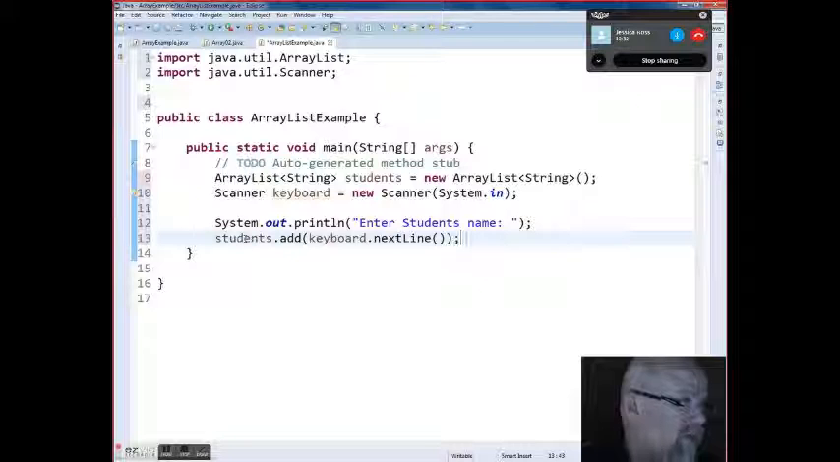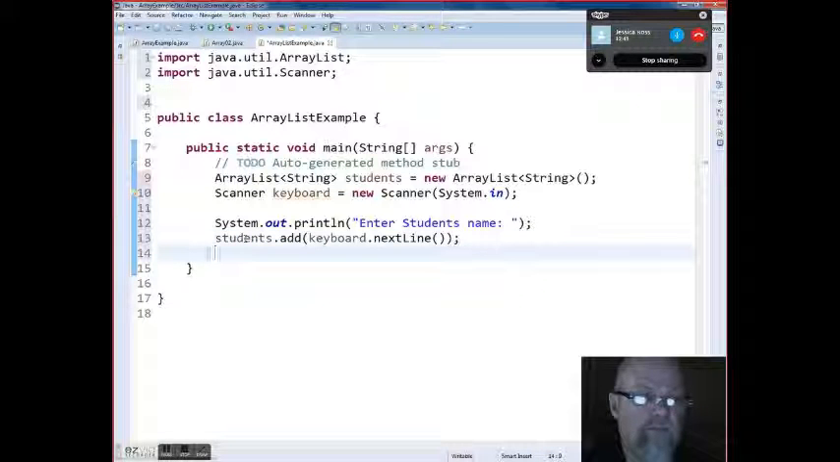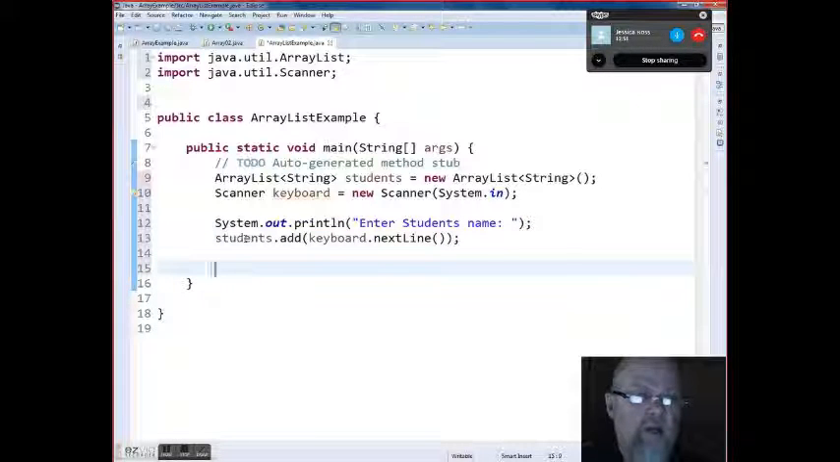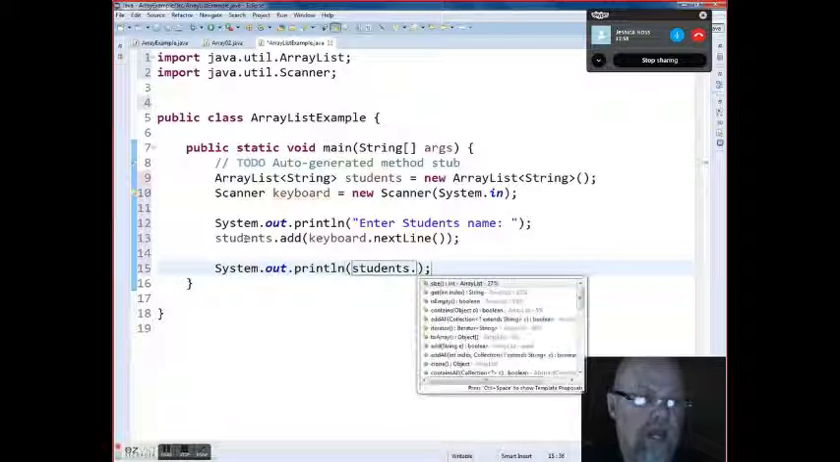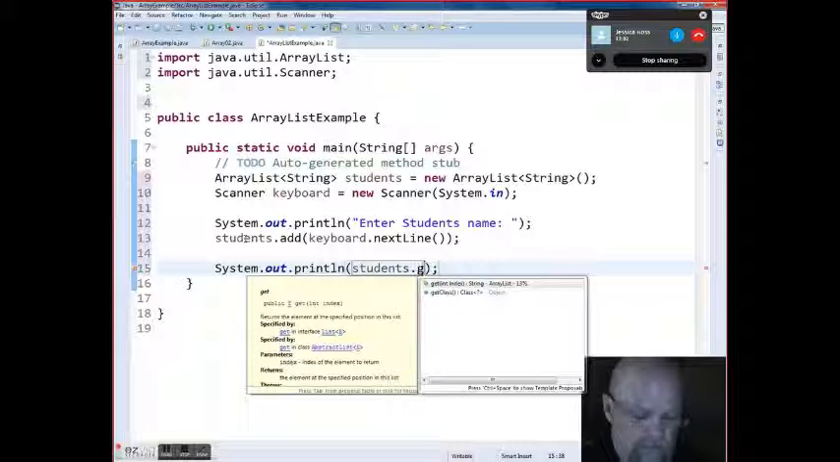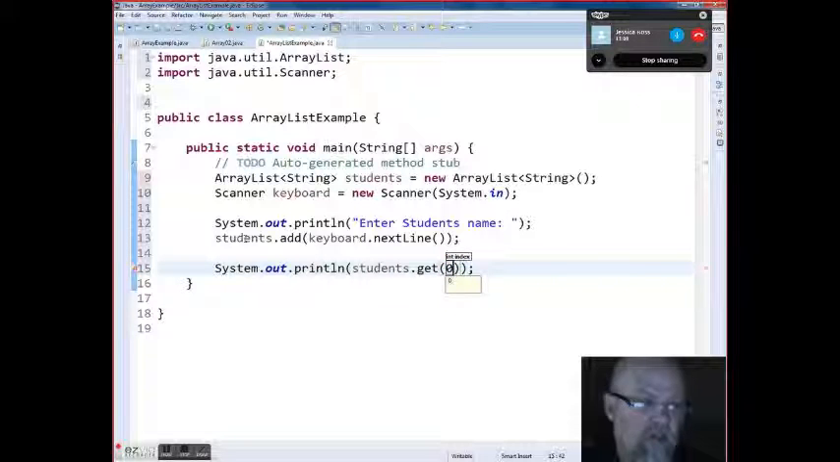But now I can say sysout, control space, students dot get, and then I can type in a 0. Now there I'm going to deal with the index. Okay. Second one, put. So if I were to run this,